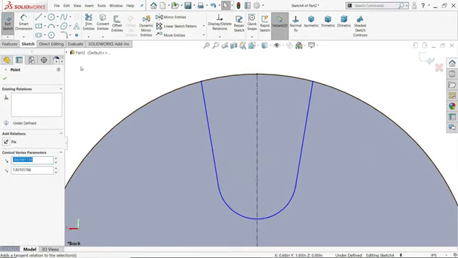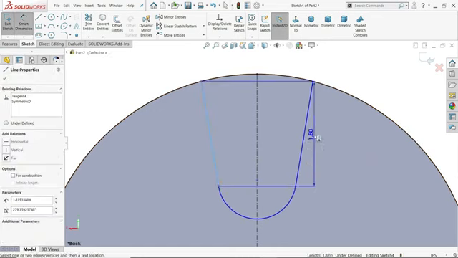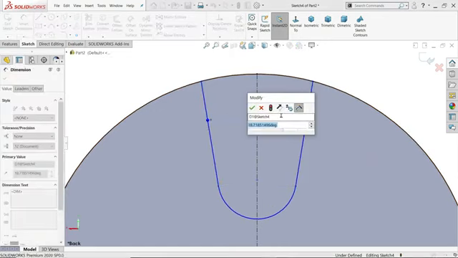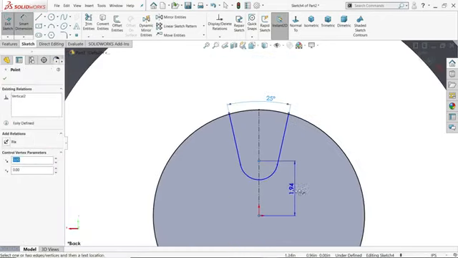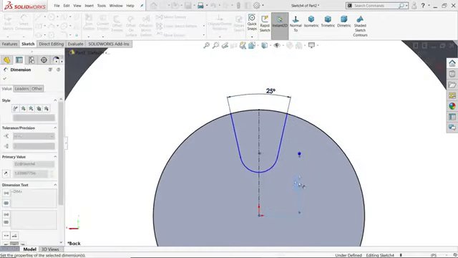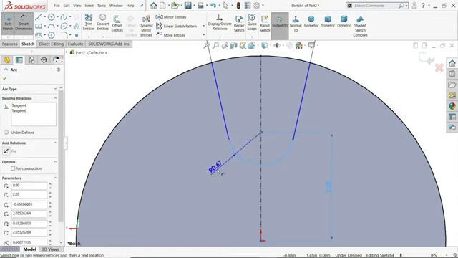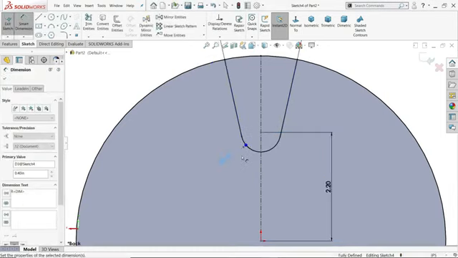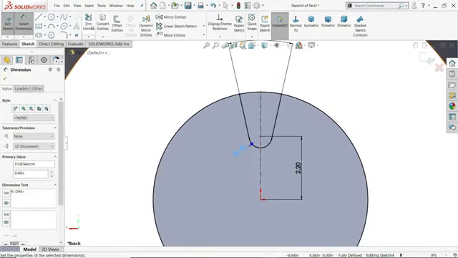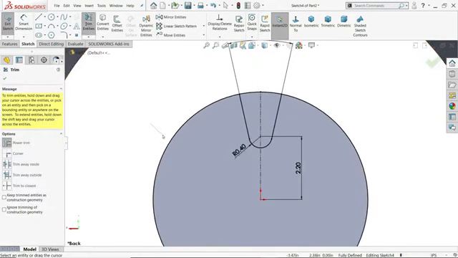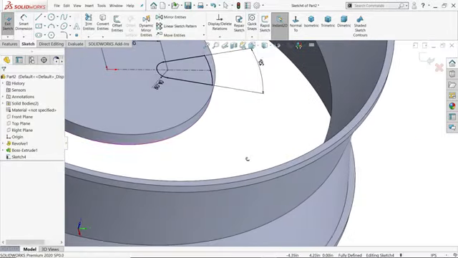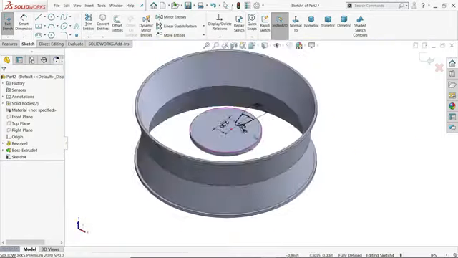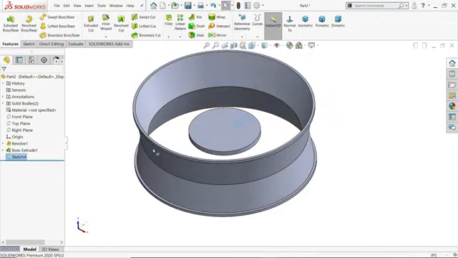Same here, tangent. Now let's define this distance. 25. The distance from here to here 2.2. 0.4 radius. See, the drawing is fully defined. Trim entities, power trim, and just delete this outer ring. Now see. Now exit.